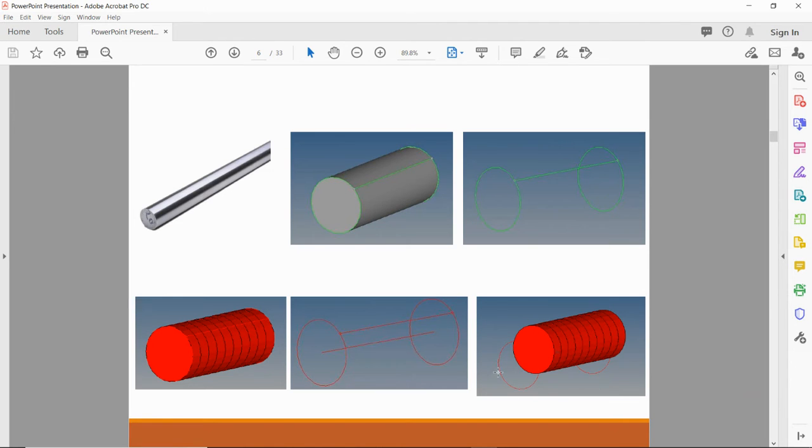Here the actual geometry is this one, and the thickness we assigned is at the upper side. So this is the wrong method. We have to generate the mid surface correctly at the middle, so that it occupies all the geometry.